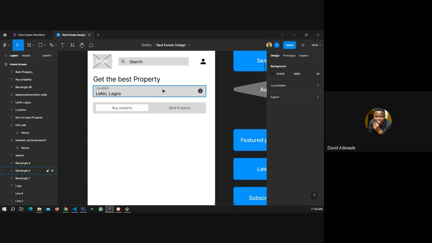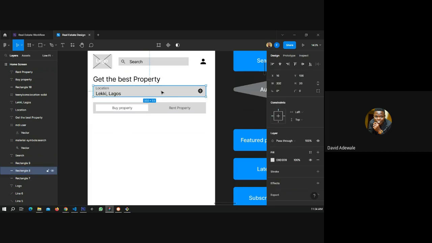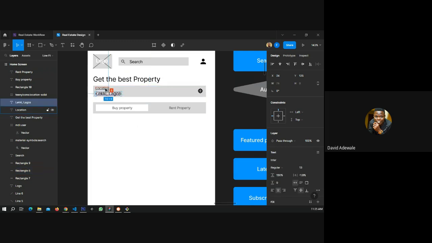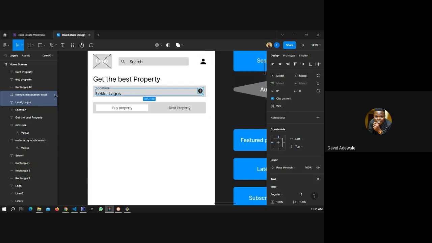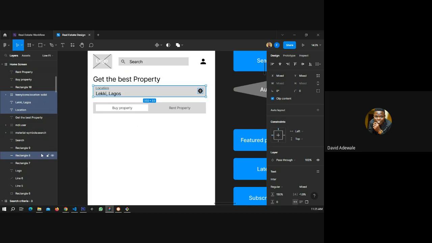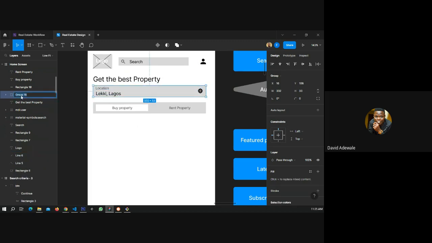You are still going to see something that looks like this. Let me group all these guys. I still don't want to use auto layout. I don't know why I'm punishing myself. I don't know, but let's just stick to the punishment for now. Yes. Yeah, let me group this. So I'll call it location.